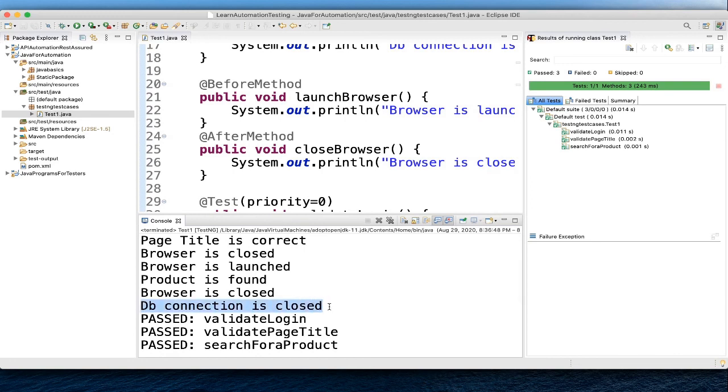So a method under @BeforeTest annotation will be executed prior to the first test case in the testng file. Similarly, methods under @AfterTest annotation will be executed after all the test cases in the testng file are executed.